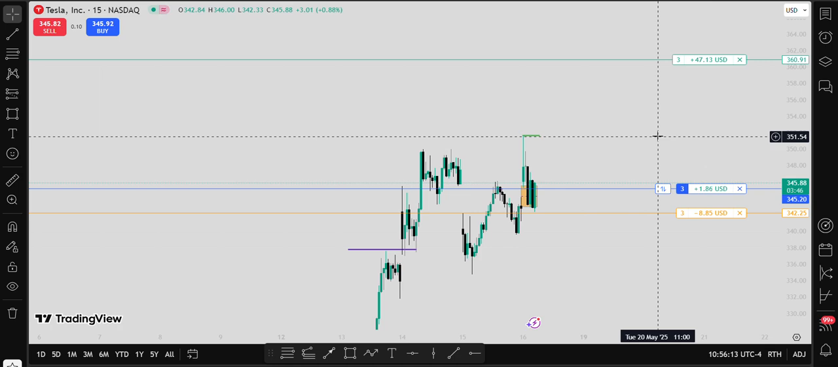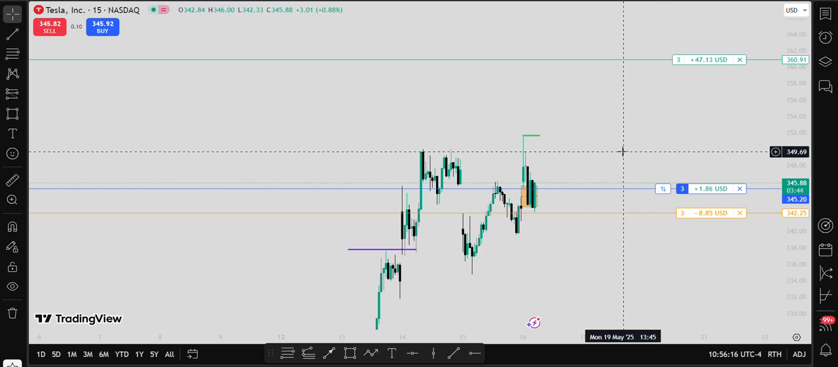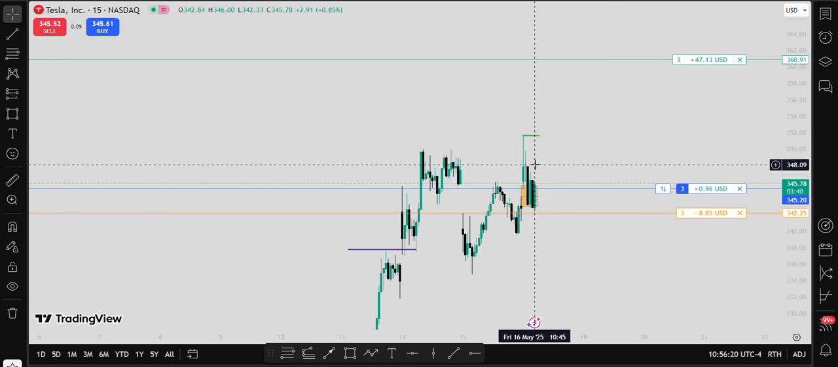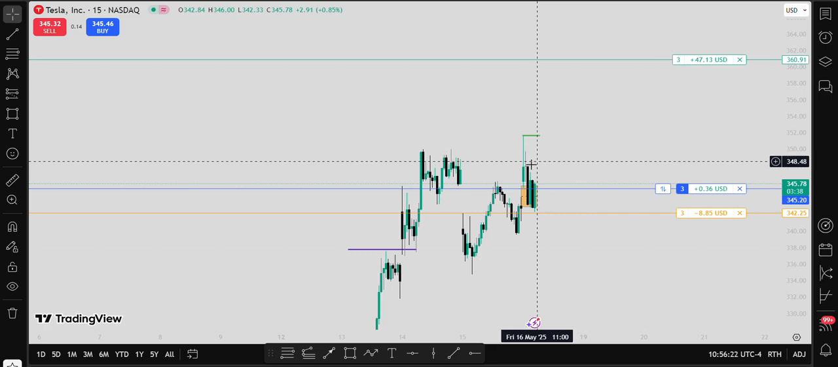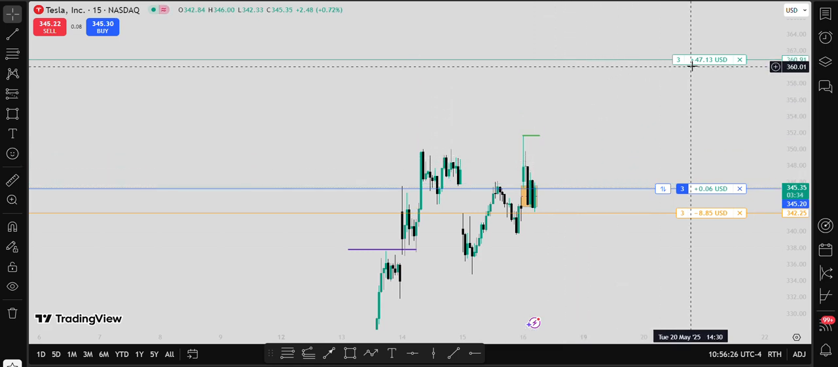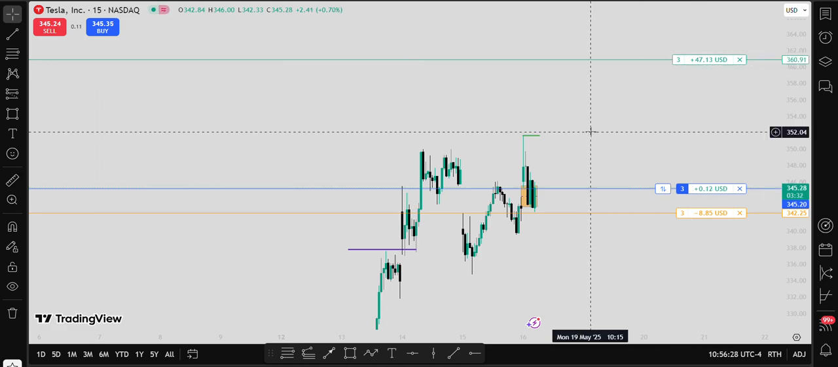So let us just stay open to see what's going to happen between now and probably 4 New York time. We see whether we're going to have a rally to this area. So let's stick to